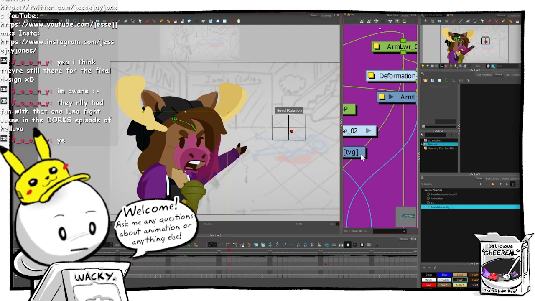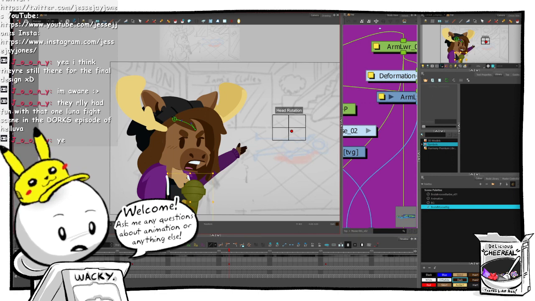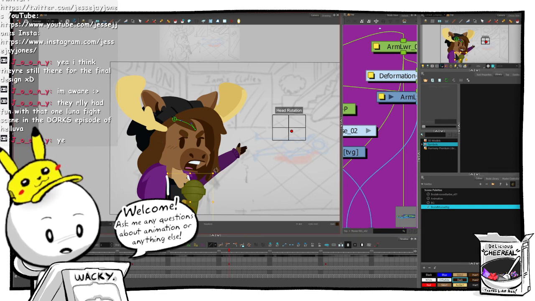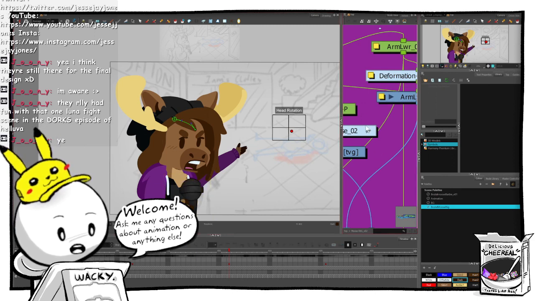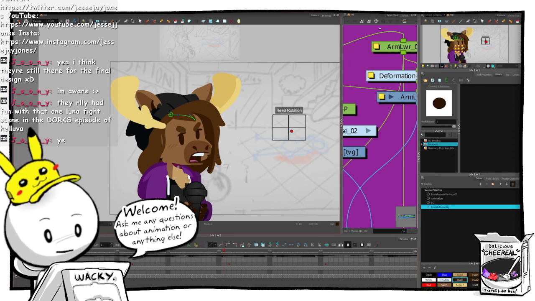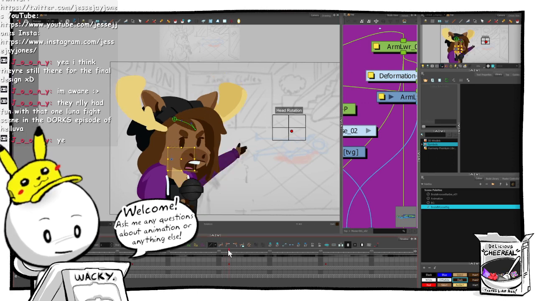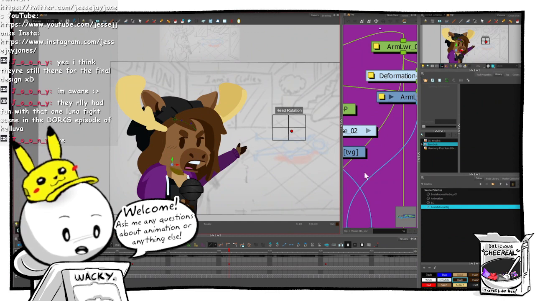I hate when I go to rotate and it just deselects because I missed that corner. It's 8:30 already. Well, I'm pretty happy with what we got done. We pretty much have the second scene all keyed out, ready to go.